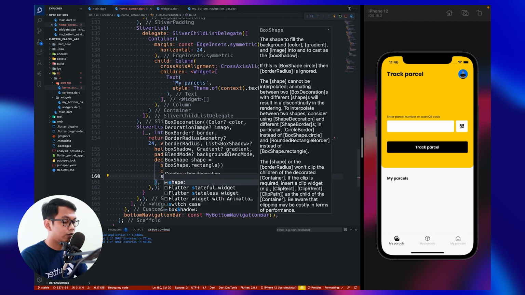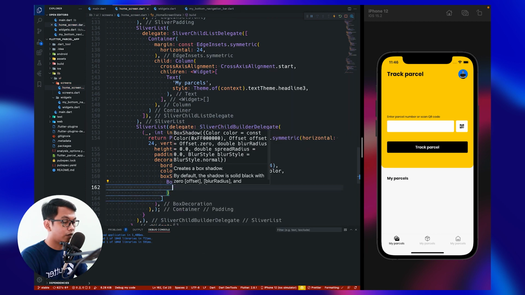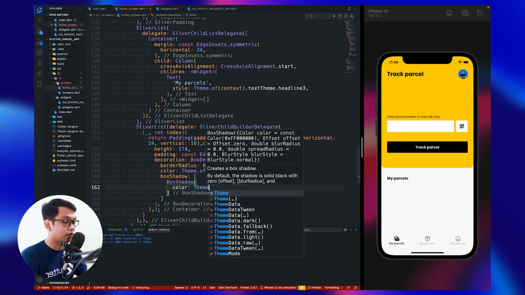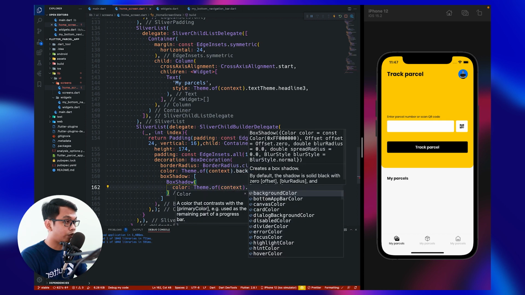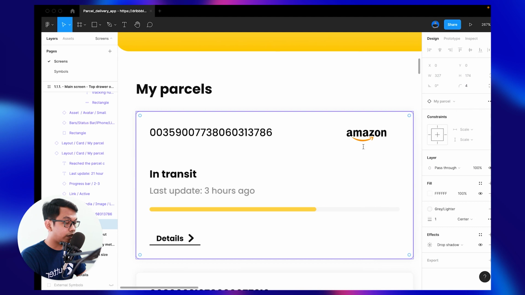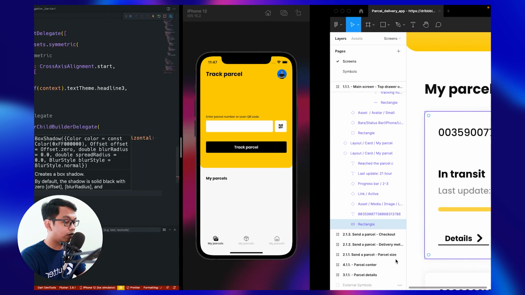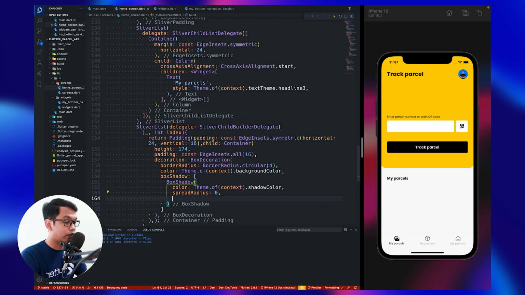And for the shadow, box shadow, with the color of theme of shadow color. And for the spread radius, we can check it on this, 0, just 0 on the spread, and then blur radius 10, and then offset is a const offset, 0, 0, look like this, guys.